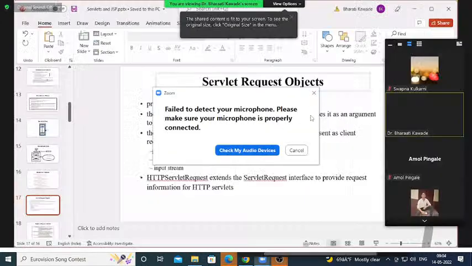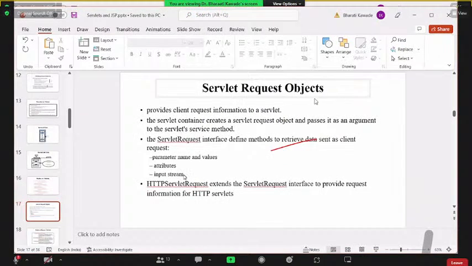HTML form, for example, a register form, or you can say a login form. So if you are providing a login form, in that case, you will have login user ID and password. So these will be the inputs which will be entered by the